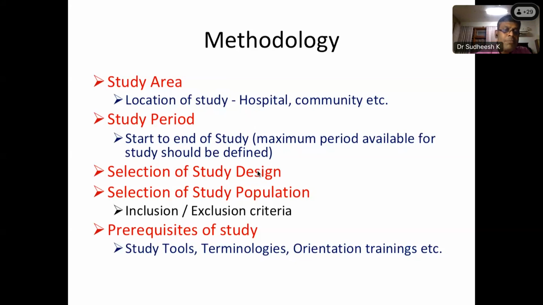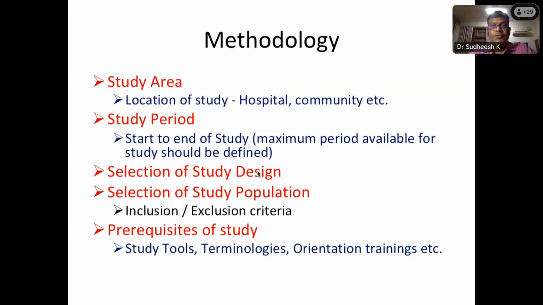and then you already have a prerequisite for the study. That is, what are the study tools? Study tools means it's not only about using objects such as a BP apparatus or anything like that. It can be your VAS score if you are managing pain. It can be some PONV score, or it can be a questionnaire if you are doing a survey. Those are the various things you use to collect the data, and they are known as study tools,